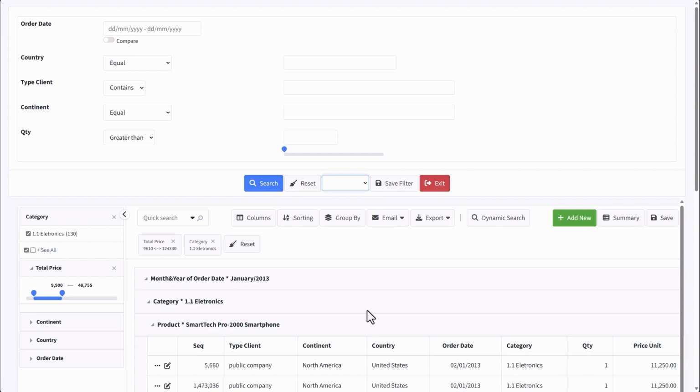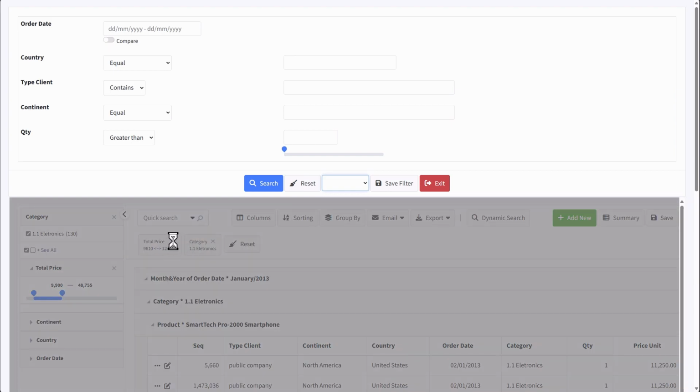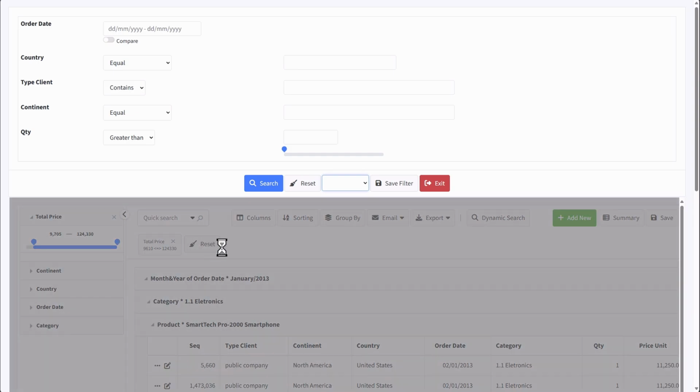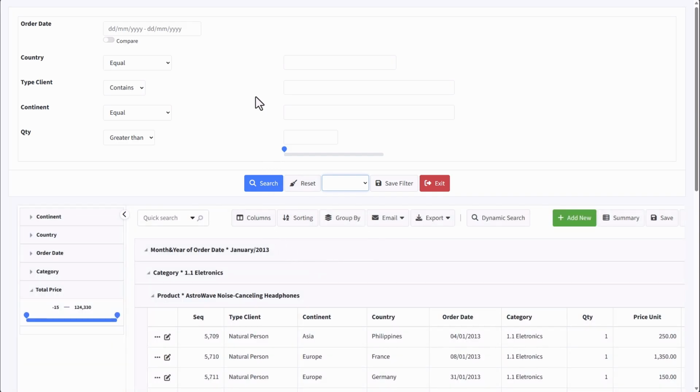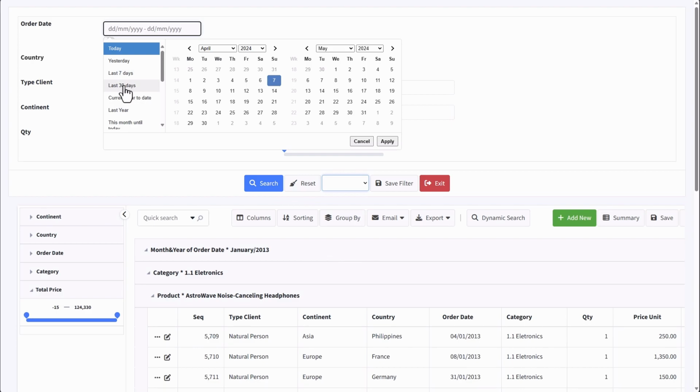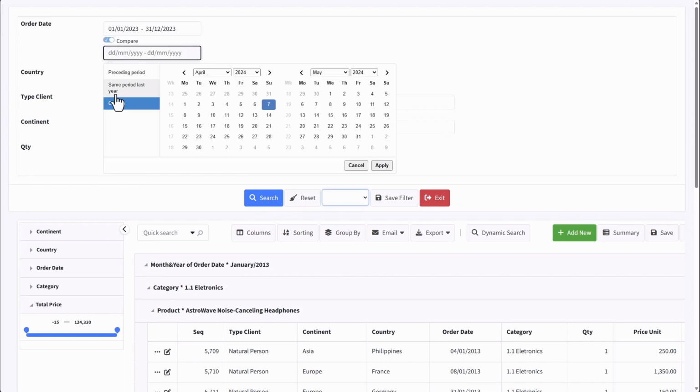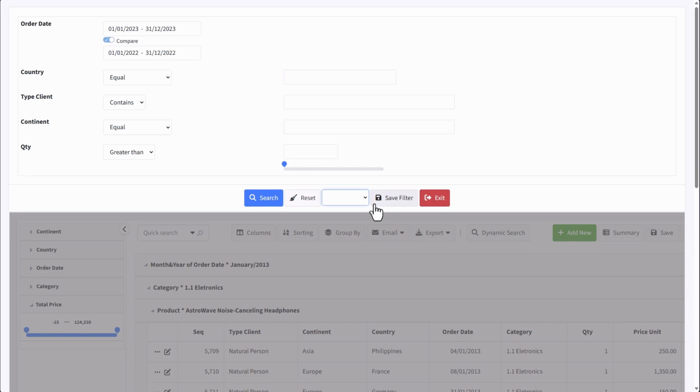And of course with all of those sums, values and comparisons and everything else that we have just gone through is also included. Now it is important to note that within each of these search functionalities you typically have then this extra toolbar applied. So for instance here we have the total price that we have just applied, as well as then the category electronics. So I can just remove those by clicking on the X there or clicking the reset option, and that will reset that back. Now while I'm on that topic, if I use here again the comparison, and if I come back here to proceeding and so forth and go search,